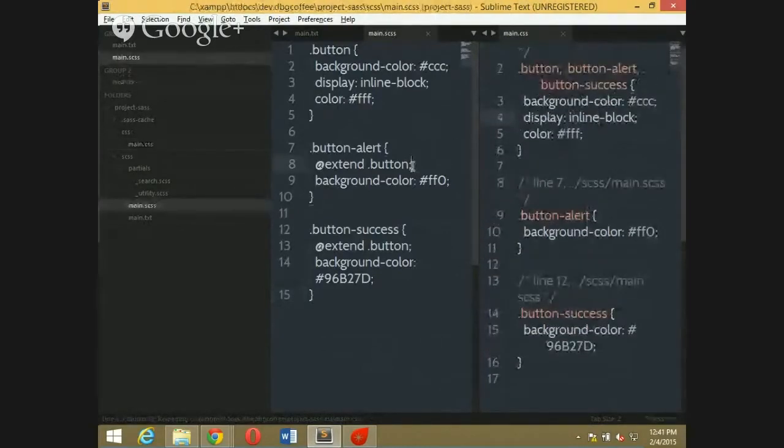Another one can inherit button alert. Actually, the third one is button success, where you can add button alert instead of the action button. And button alert. No, can you add both?